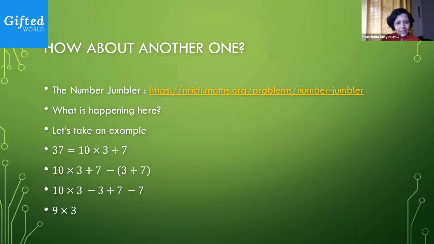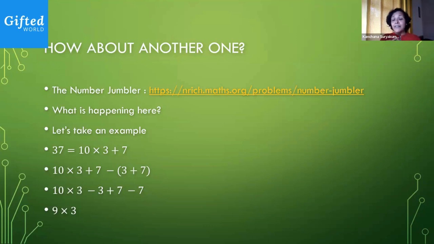So let's look at why I have looked at it in this particular pattern. Does it make sense to me? I'm going to quickly go over this again. I took the number 37, broke it up into its parts. I said 37 is nothing but 10 times 3 plus 7. Now I have to remove 3 plus 7 from it. So I take 7 away from 7.